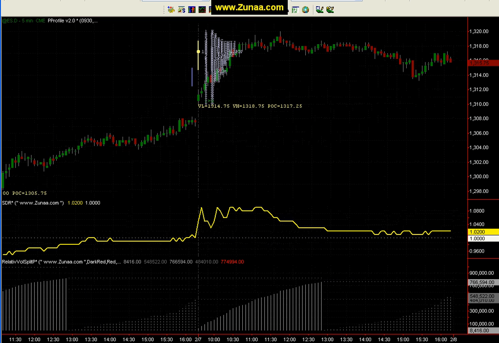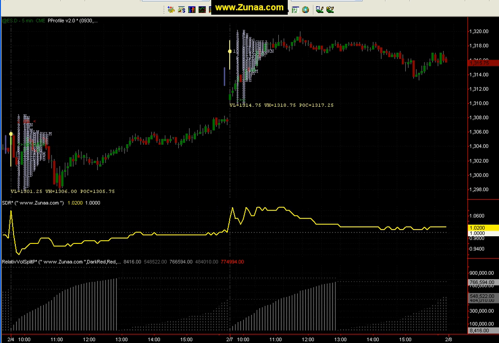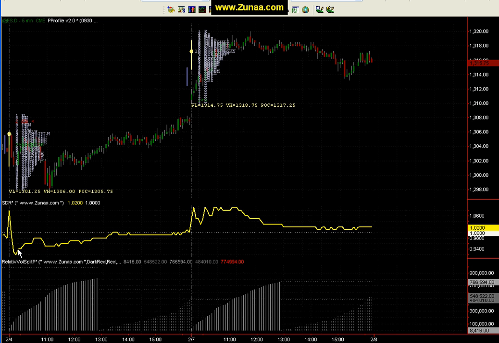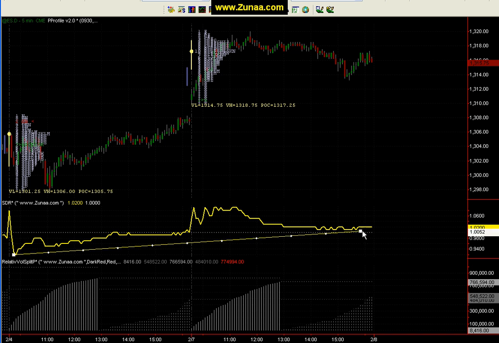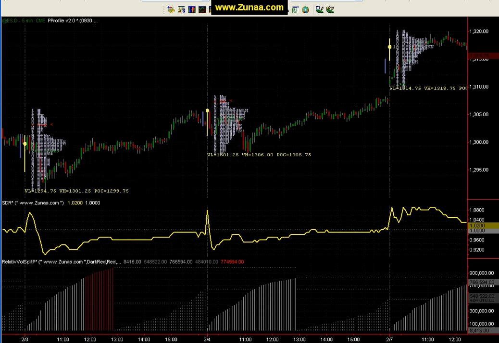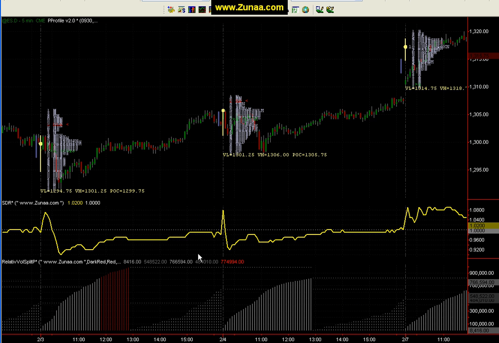So let's go ahead. So we're seeing here that volume is fairly normal, and as we look at the SDR, we're seeing that it's continuously climbing from this day forth. It's been climbing, essentially just rising higher from one day to the next. In the morning it rose and then it came back down again, and you can see that trend has been in place for